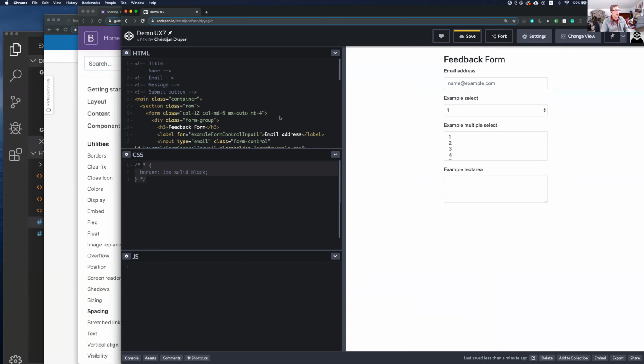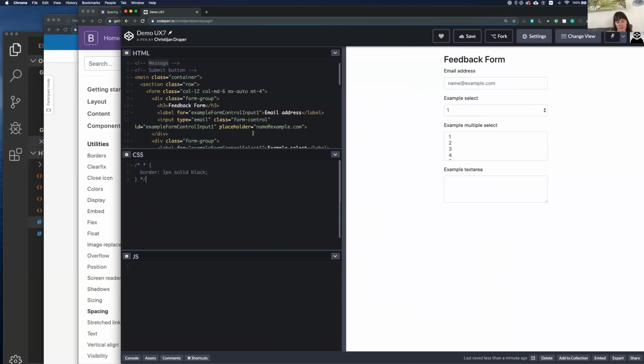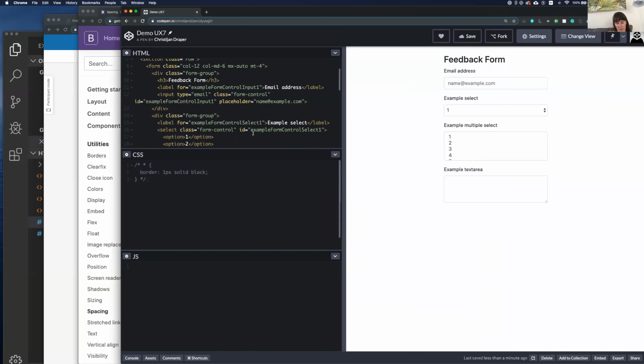All right, so what are the other pieces that we need in our form? We have a title. Now we need a name, an email address form field, and then a message field, and then a submit button. So I have a question. Go ahead. Because we're working with Bootstrap, everything is being plugged into the HTML and nothing in CSS as of yet? Correct. Okay. So the reason for that is because when we look at this